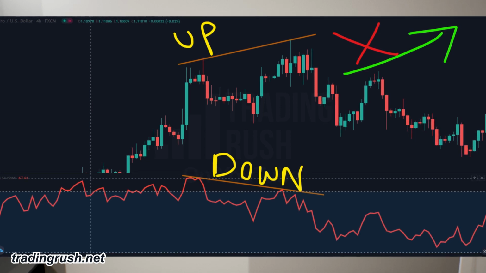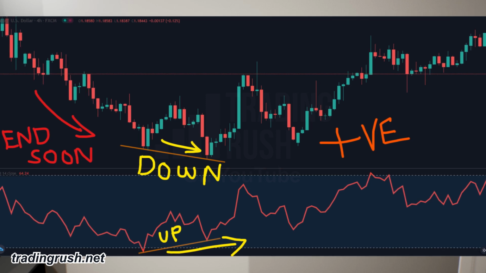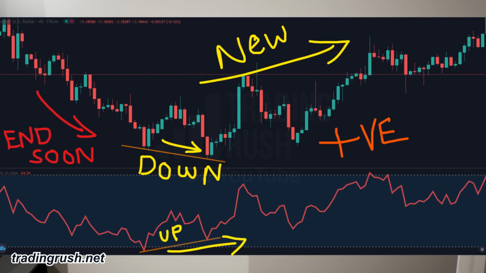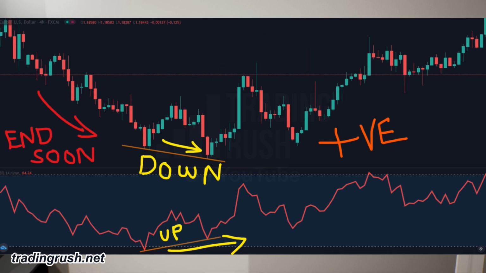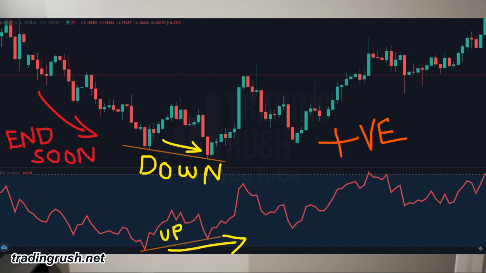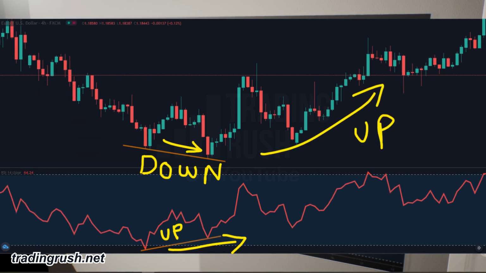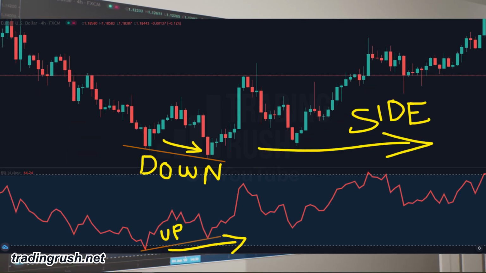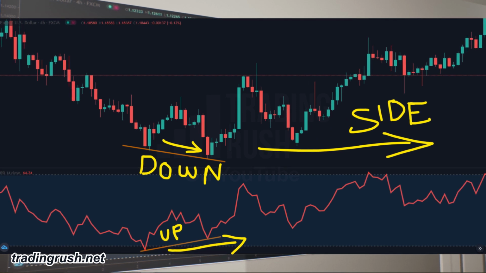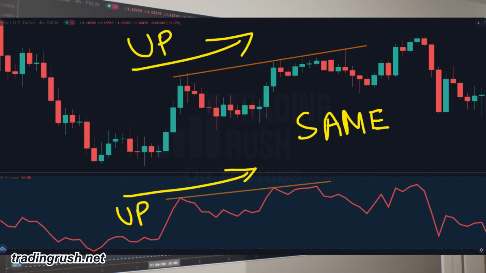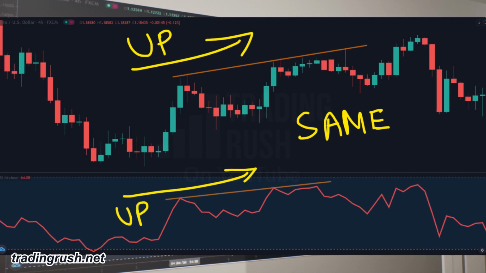If you were thinking about taking a long position, it is a good idea to wait a bit, as price can go lower. In a downtrend, if you see a positive divergence, there is a high chance that the downtrend will end soon, and it will be the start of a new trend. If you are already in a short trade, make sure you watch it closely and adjust your stop loss carefully, as the price can go in the opposite direction. And if you are thinking about taking any short trades, maybe consider watching the price movement from the sideline and wait for a better entry condition where there is no divergence.